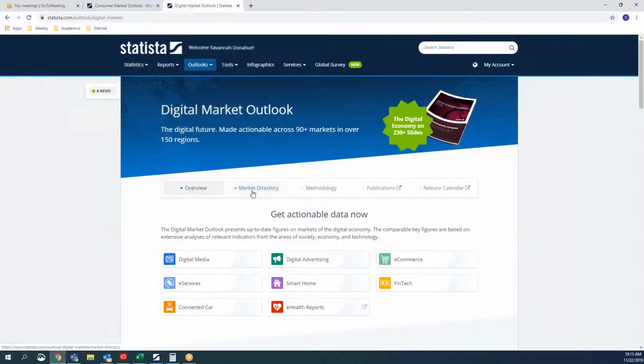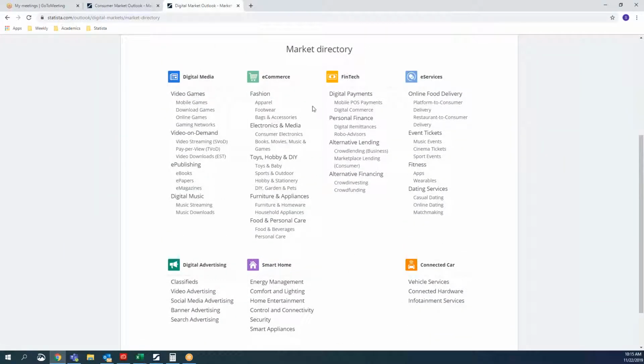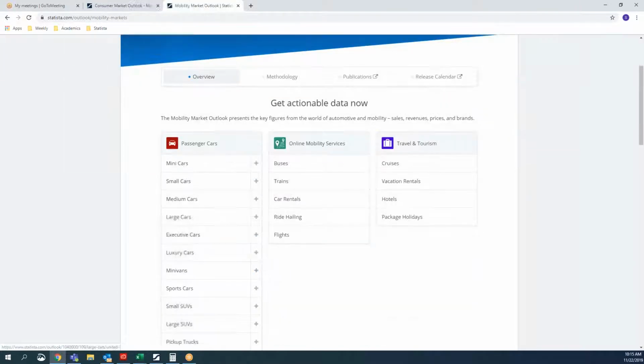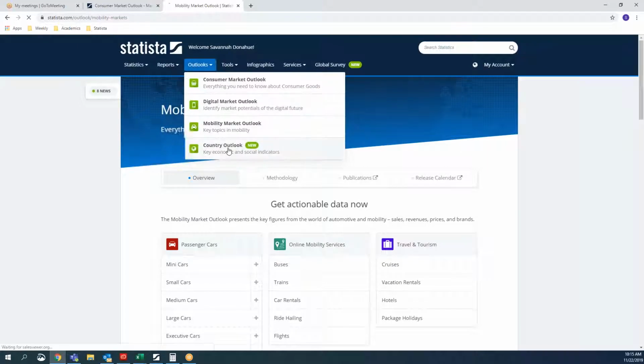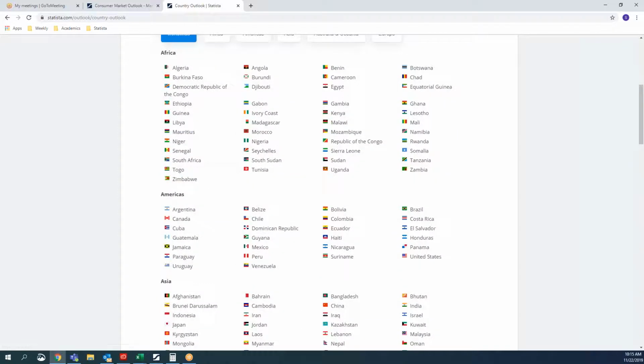The digital market outlook is the same kind of format, but now we're diving into emerging tech industries, like digital media and e-commerce, fintech. Mobility market, we're going into passenger cars, public transportation, and then vacation services. And then our country outlook is focusing on different kinds of segments like digital economy, society, what's their public sector like for 150 countries. If I select Chile, for example,